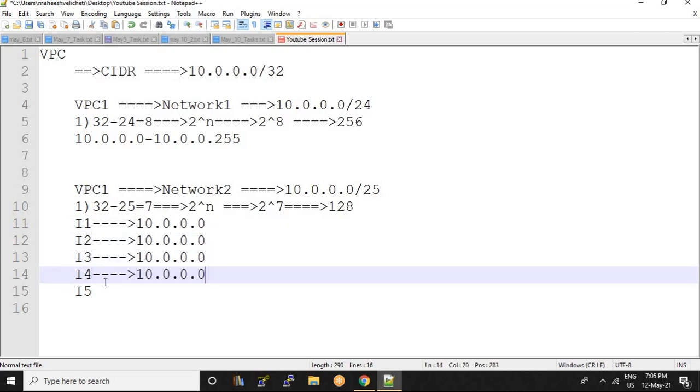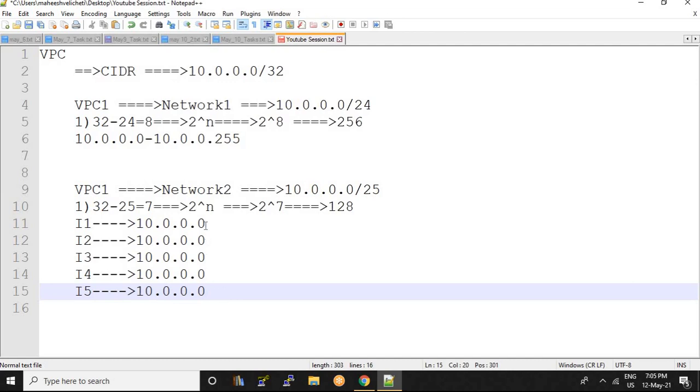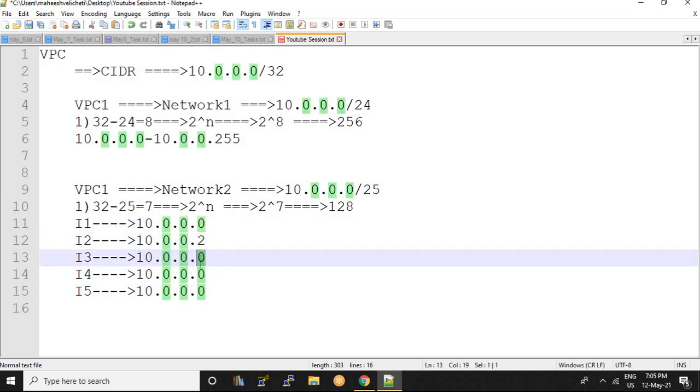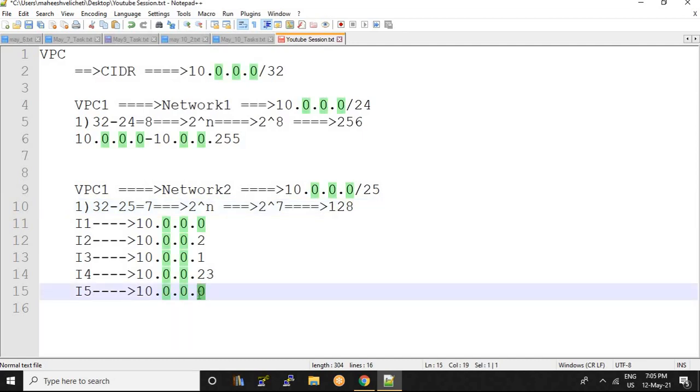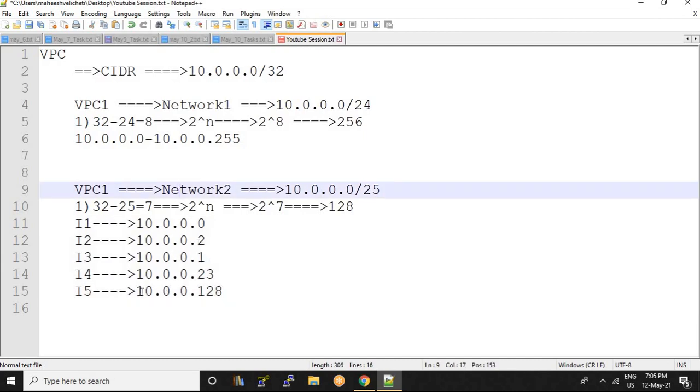And for all the machines, it starts from 0 and so on. So still how many IPs? I will get 128. So the last range is 128. Okay. So all the machines in this particular network can be assigned with any IP, but within this network, that particular machine will be assigned with only this range of IPs.